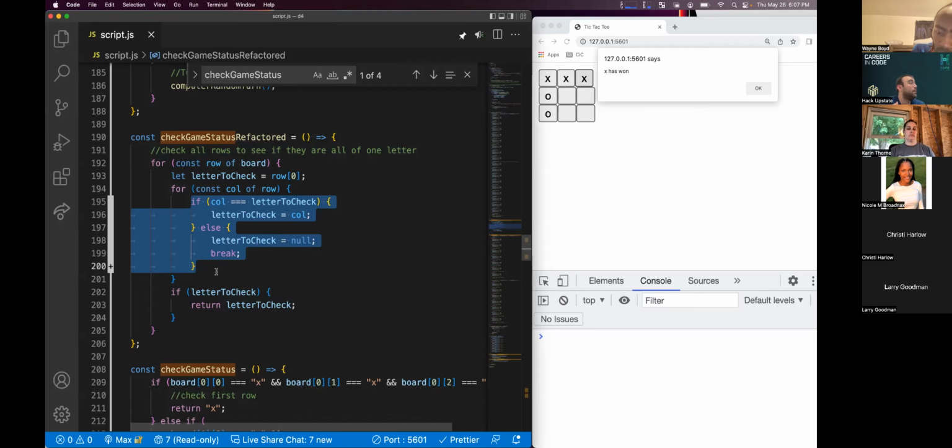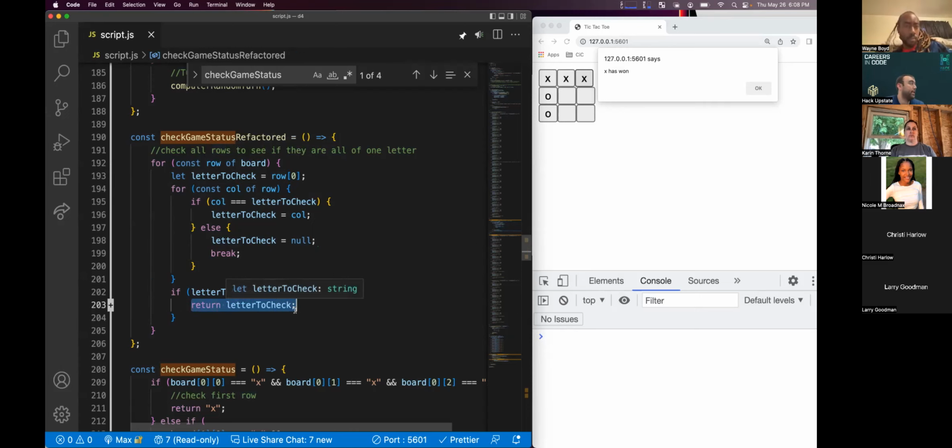Yeah, I know you already explained this, but how does the computer know which row to check? Because we're looping over all the columns and all the rows. Okay. And as soon as we find a row that has a winner in it, this return acts not only as a break for the loop, but also as a break for the whole function. So it won't run any other code. It will break out of the loop, it will break out of the function, and it will say we found someone who won. But we only do that if there is still that letter in it.